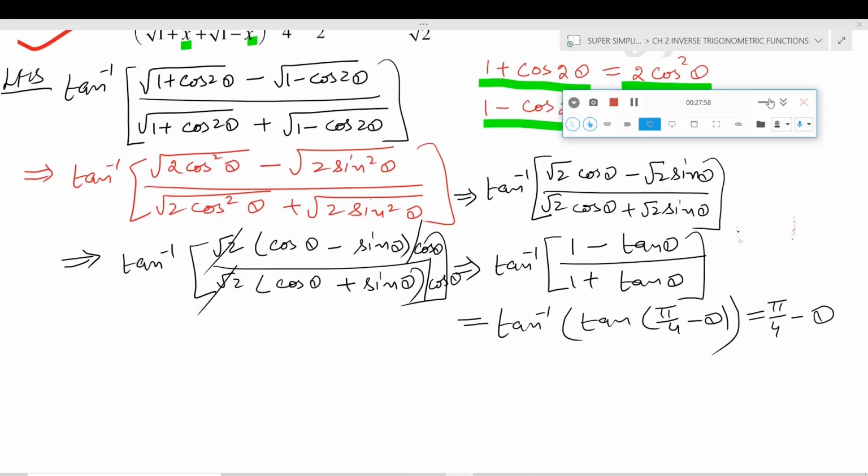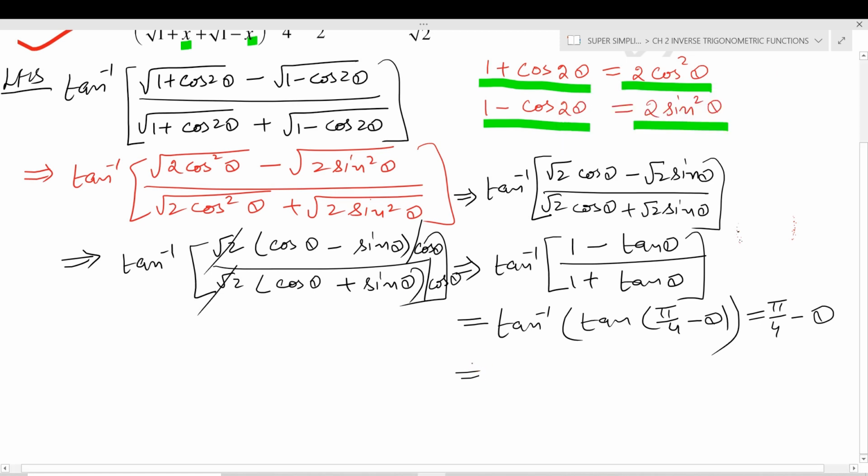Now we have to, students, substitute back the value of theta. So now you can see that we made the substitution. What substitution did we make? We make the substitution x to be cos 2 theta. This was our substitution. So that means